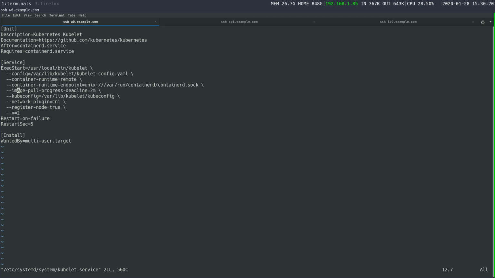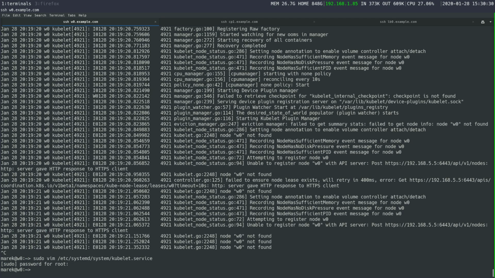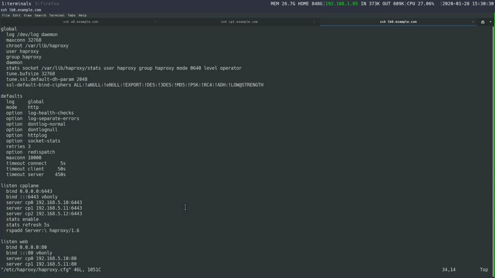Oh wait, I'm in the wrong file. I'm super in the wrong file. I'm on the worker, and I meant to be on the load balancer. Okay. Sorry. All right, so we're going to try this. I'm wondering if mode is in the front end, back end. Listen does the two, front end and back end, and maybe we just need to break it out into front end and back end, but